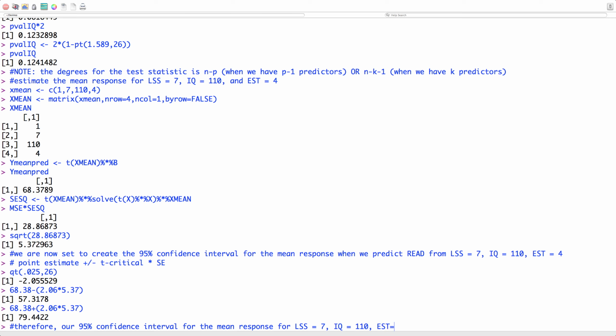So for all those kids out there that have an LSS of 7, IQ of 110, estimated reading level of 4, the 95% confidence interval is 57.3 to 79.4. So there's a 0.95 probability this interval contains the mean response for